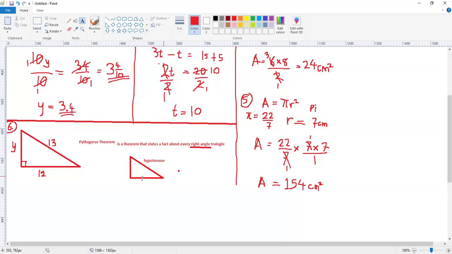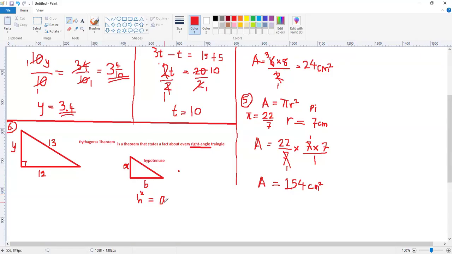Okay, so for instance now, let's give the other sides letters so that we can state the theorem. So if here is A, and this side is B,